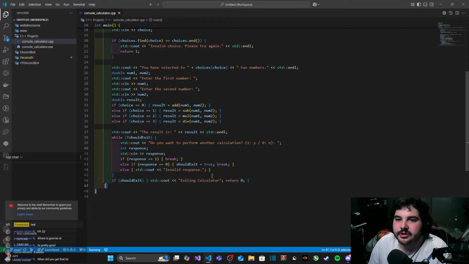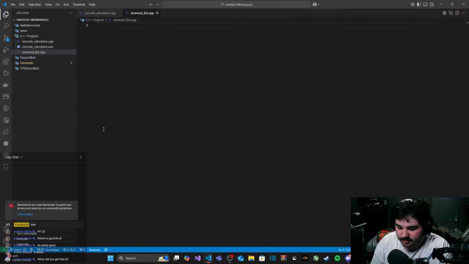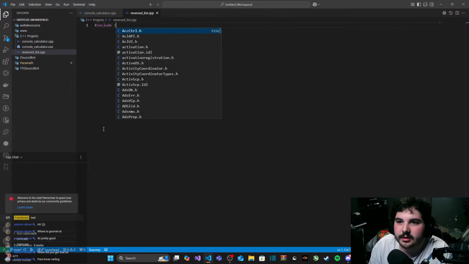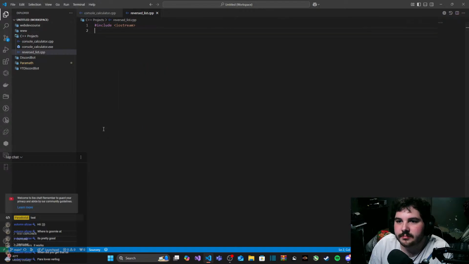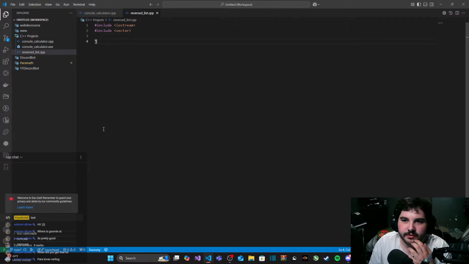First one I'm actually going to do is reverse list. So I'm going to create a new C++ file, reverse_list.cpp. And I will include iostream, and I will also include vector, because that's what I'm going to use for the list.